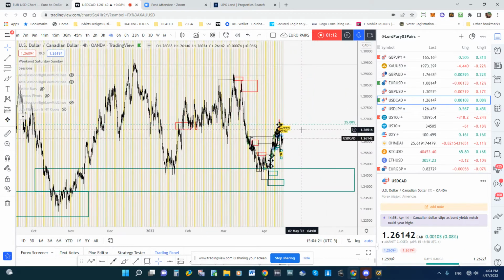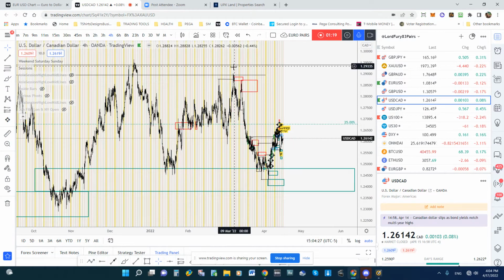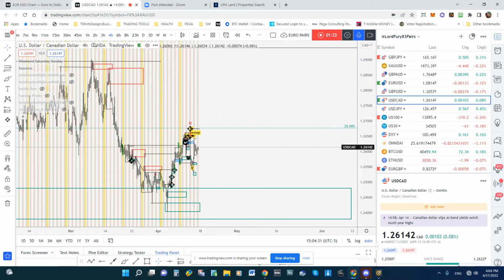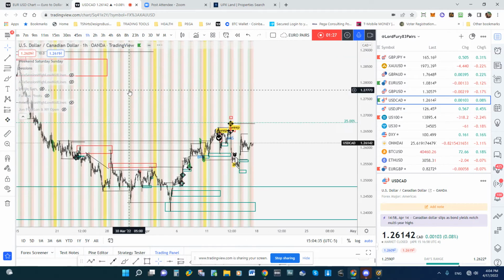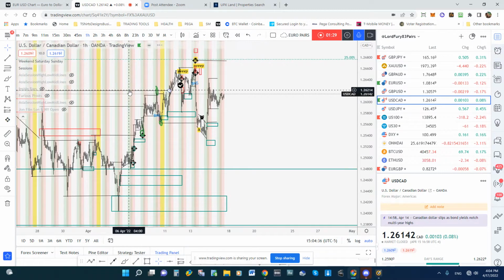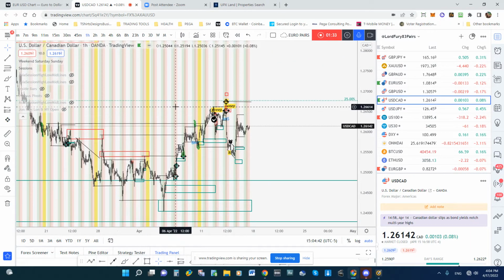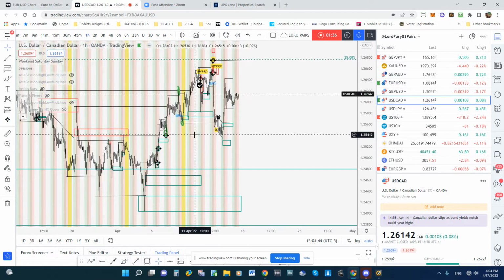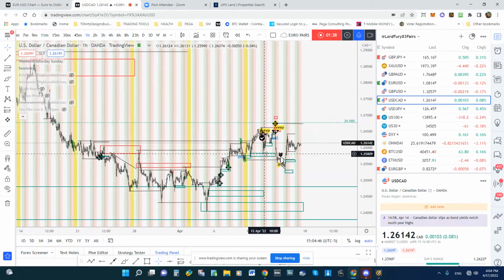Overall, I think in the next half a year we should make a higher high and break all of these highs and go higher. Having said that, last week I thought we were going to go bullish. That didn't happen, but we were able to find some amazing trades from reversals. Actually, it did happen until Wednesday, and then Wednesday was a beautiful reversal opportunity.